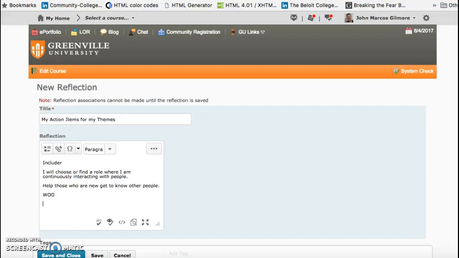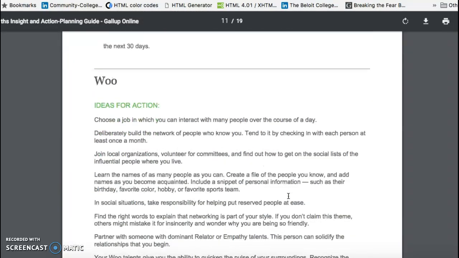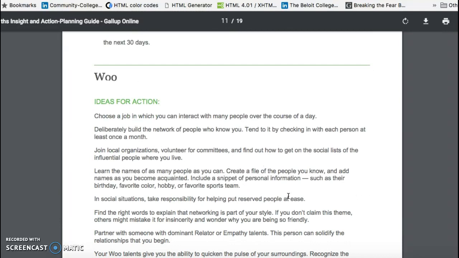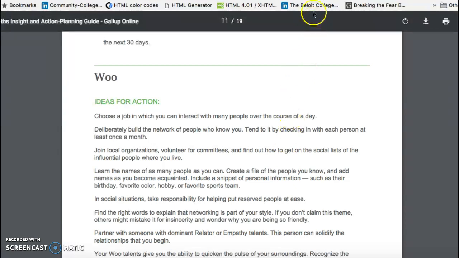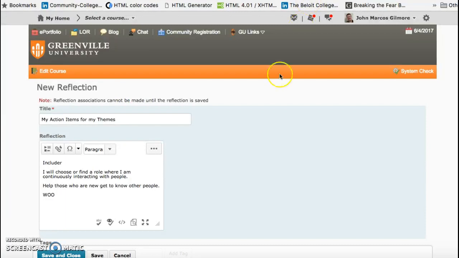I'll go back to the page. And now the action item for Woo: choose a job in which you can interact with many people over the course of the day. Deliberately build the network of people you know. Join local organizations, volunteer for committees, and find out how to get on the social list of influential people where you live. Now again, look at all those. And so the first one, choose a job in which you can interact with many people over the course of the day. Then that will guide me